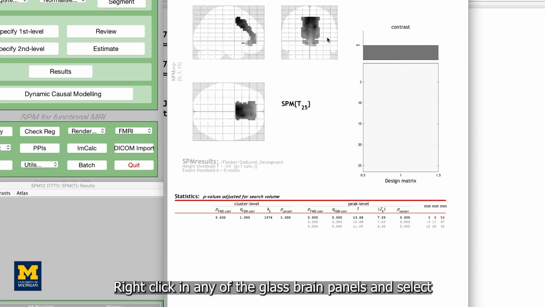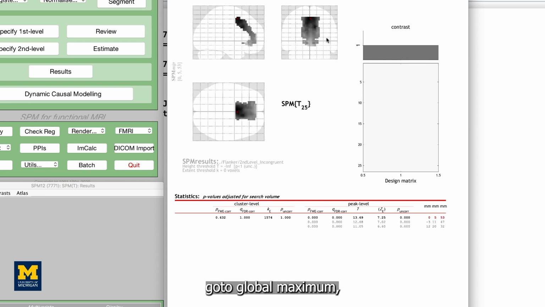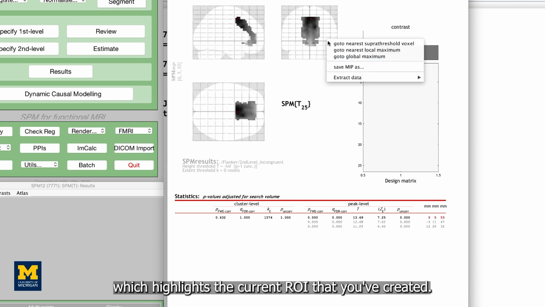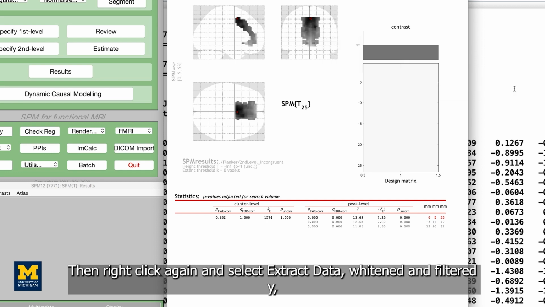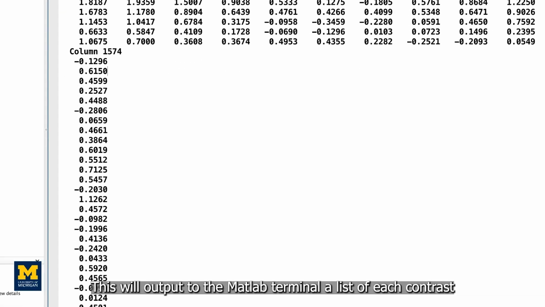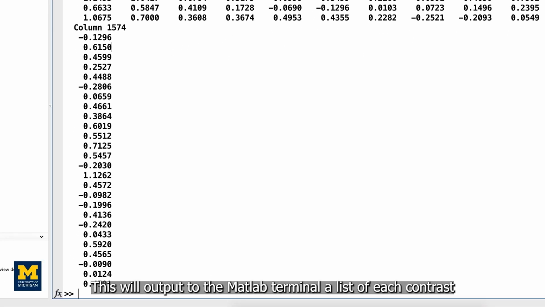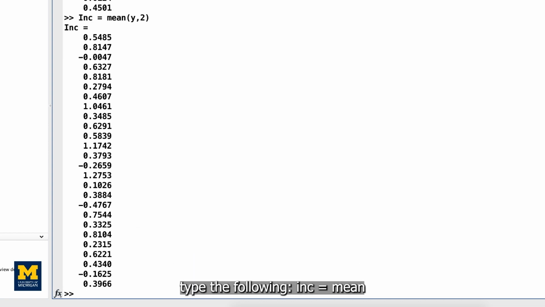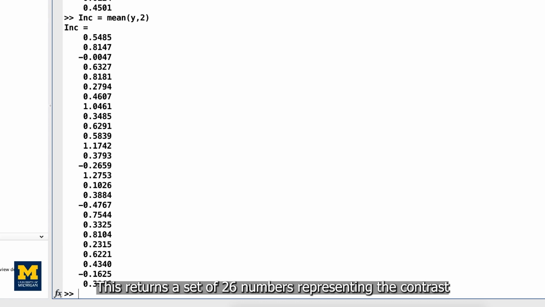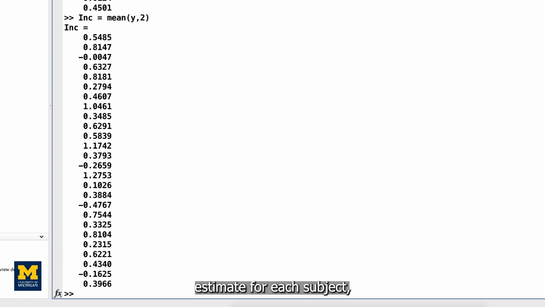Right-click in any of the glass-pane panels and select Go to Global Maximum, which highlights the current ROI that you've created. Then right-click again and select Extract Data, Whitened and Filtered Y, this cluster. This will output to the MATLAB terminal a list of each contrast estimate for each subject, for each voxel in the mask. To make this list of numbers more manageable and easier to interpret, type the following: inc equals mean y, 2. This returns a set of 26 numbers representing the contrast estimate for each subject averaged over all the